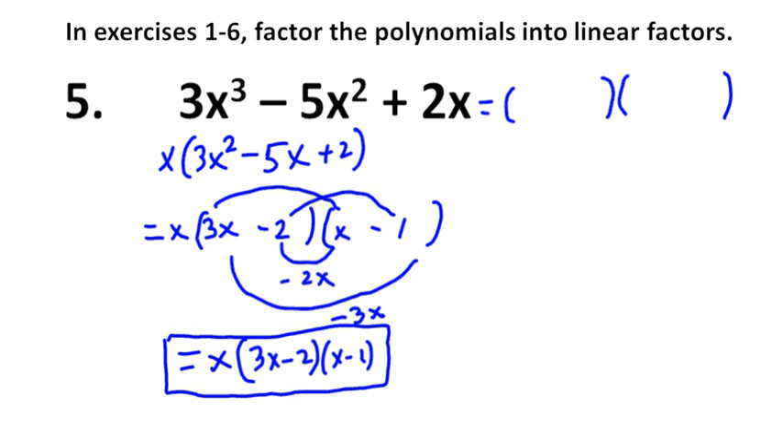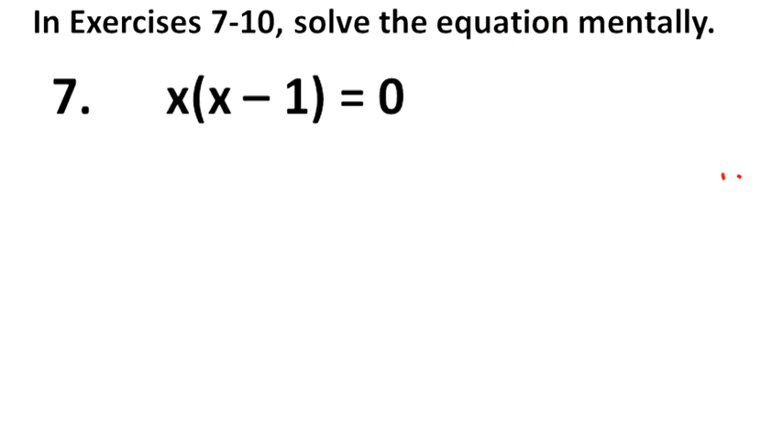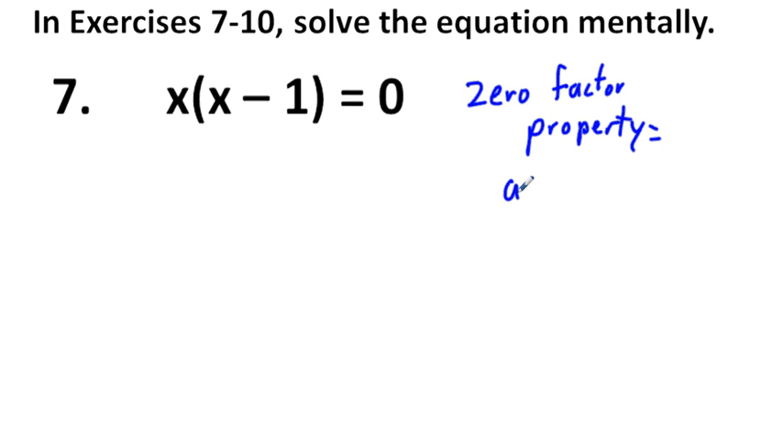Okay, let's go on to problem number 7. In exercises 7 through 10, solve the equation mentally. Okay, there's something in algebra we call the zero factor property. The zero factor property is really very simple. It's a fancy, official academic way of saying, in translation, anything